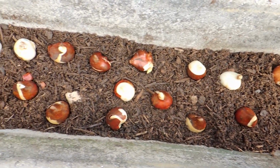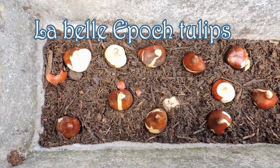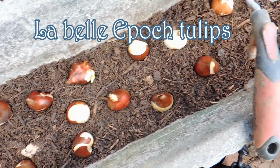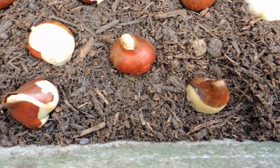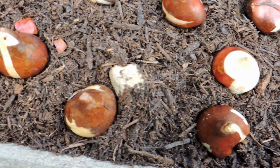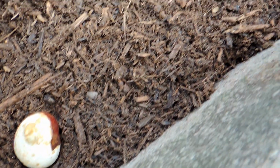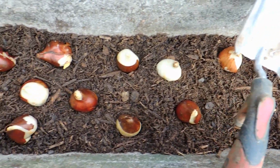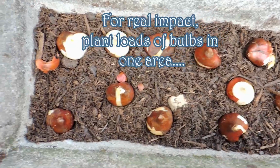Planting your bulbs in pots and tubs is just so much easier because you can plant everything at once. You don't have to dig a separate hole for everything. And in this tub I'm going to plant about 40 Belle Epoch. They are pink. They have peony-like blooms, really luscious looking, and they're all going to go in here. You plant them pretty close together with the little pointy side up. You want your roots on the soil. And then I'm going to cover this with about 4 inches of compost. And then I'm going to put some muscari on top of